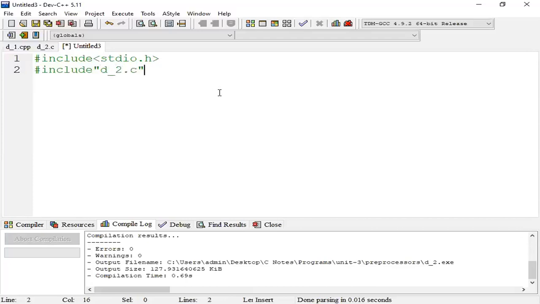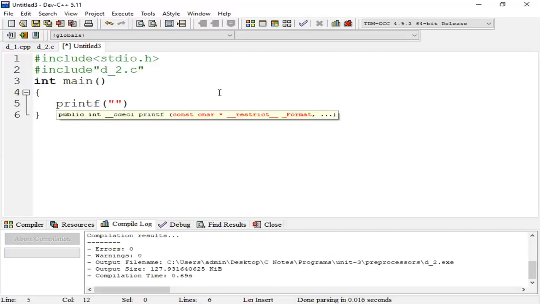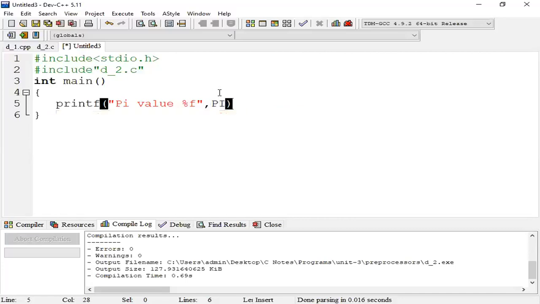Now we can access that file in the current program. int main, printf pi value. Actually, the pi value is not defined here, but it is defined in d2.c. So we are not defining it here, but we are accessing it.